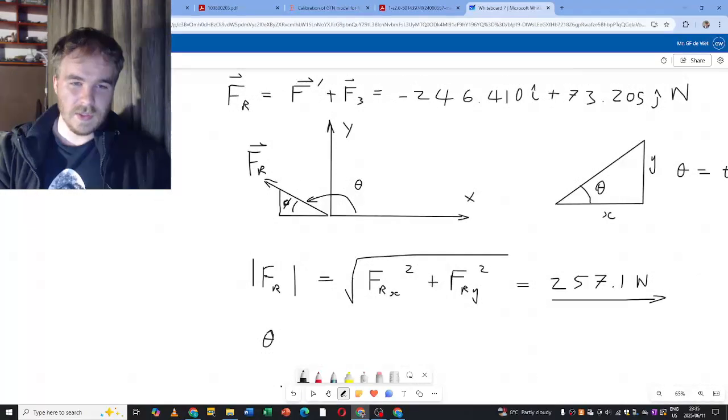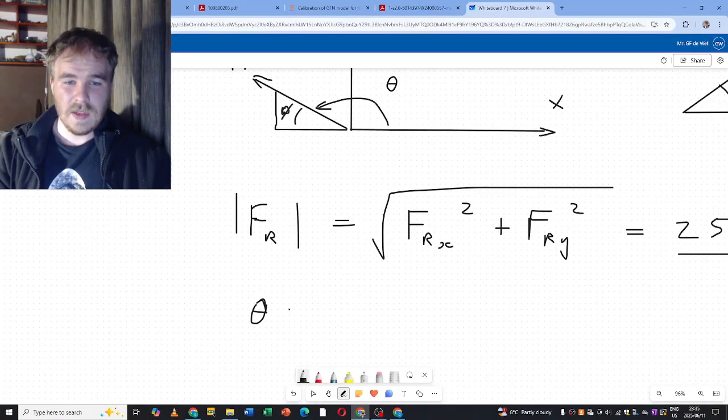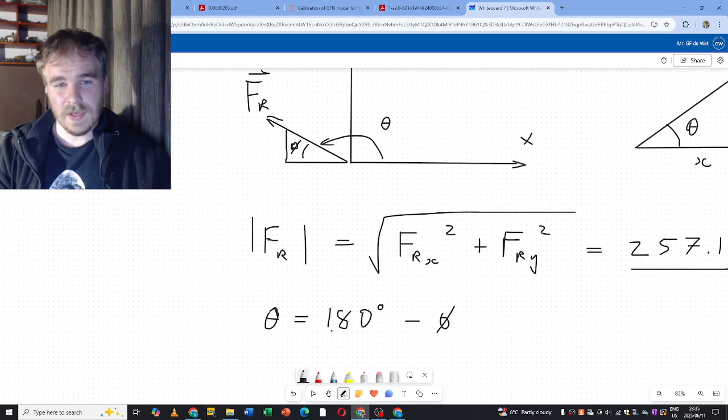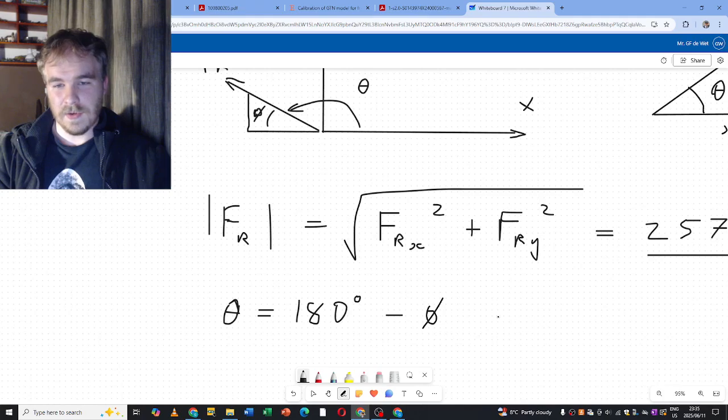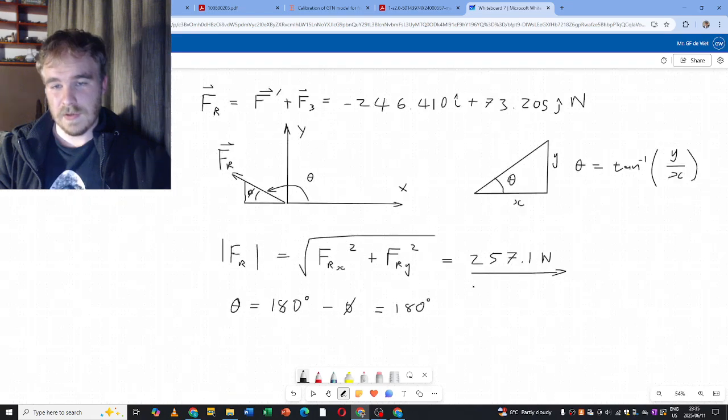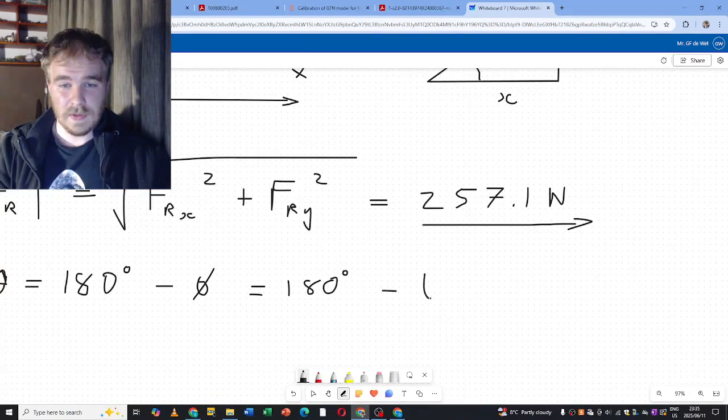So in other words, theta will be equal to all of this, so this is 180 degrees, minus this little angle we specified over here. And we can rewrite that as 180 degrees minus arctan